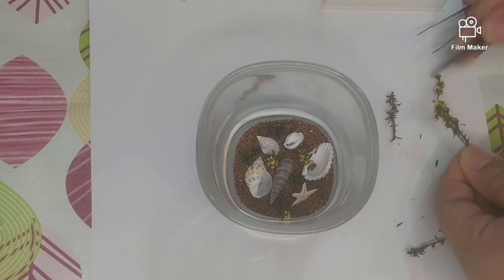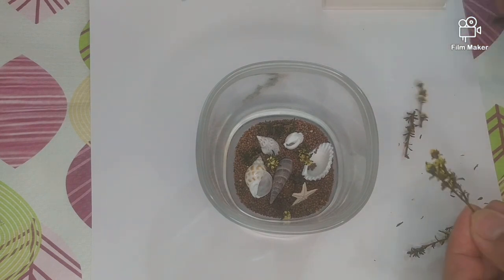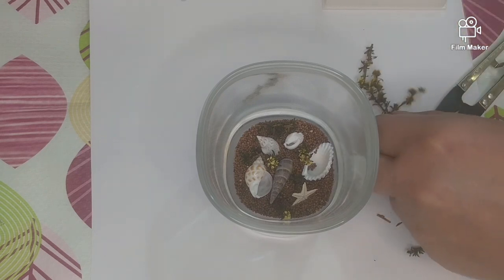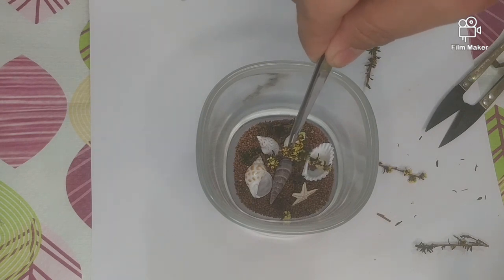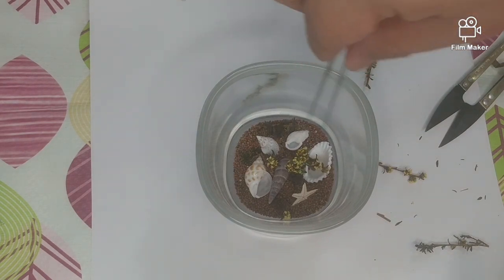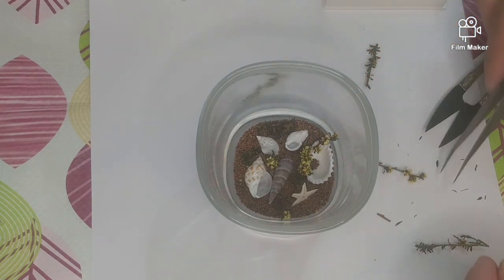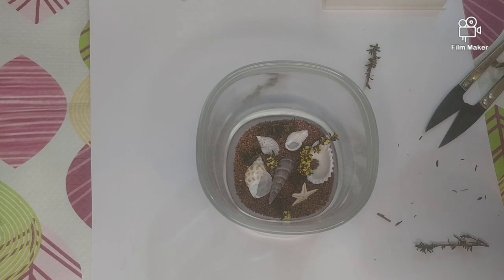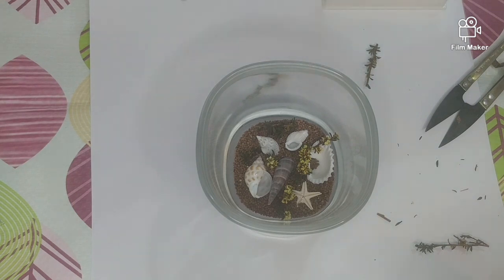And I suggest that whenever you wanna make like this, you put the favorite flower or the favorite color that you want. Like for me, I love yellow, so I'm gonna use yellow rose, yellow flower. This is not a rose, yellow flower. And if ever you're gonna give it to someone, I suggest that you consider the taste of the receiver. You can put the favorite flower of the person, or if you cannot find a dried flower